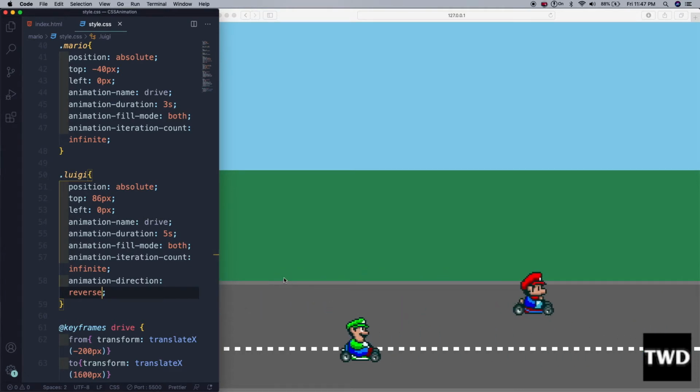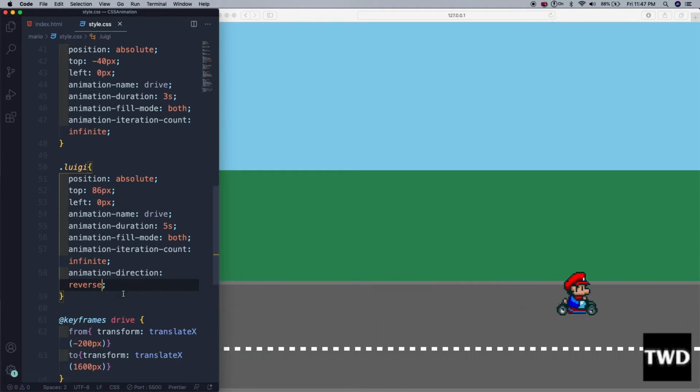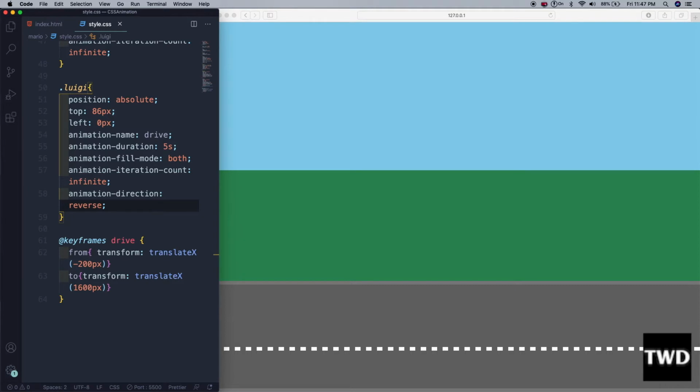So see, he's coming back, the same thing is happening. One thing which you might be noticing is that Mario is traveling in a weird way.